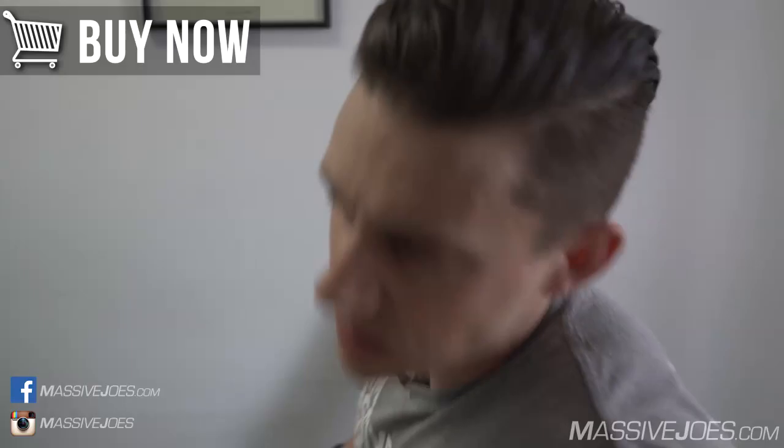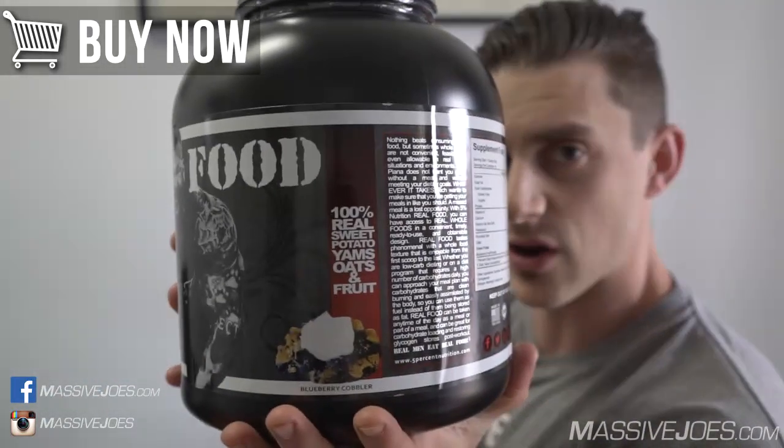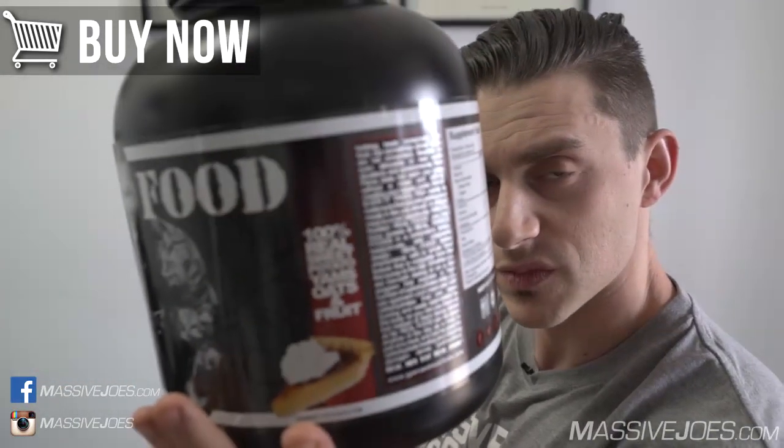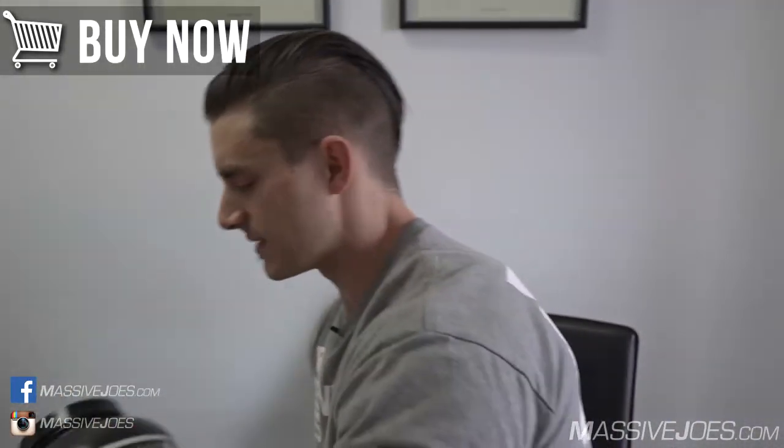In terms of how it tastes and how it mixes, it comes in 2 flavors. Blueberry cobbler, and sweet potato pie. This sweet potato pie is the communal tub of real food here at MassiveJoes headquarters, man. So this one's open. So I'm gonna reopen this sweet potato pie for the infamous MassiveJoes taste and mixability